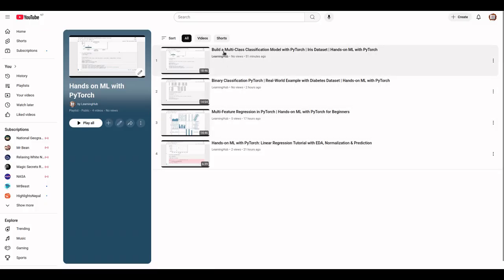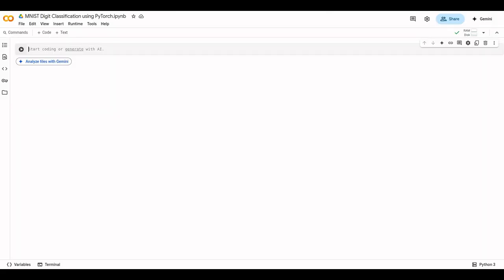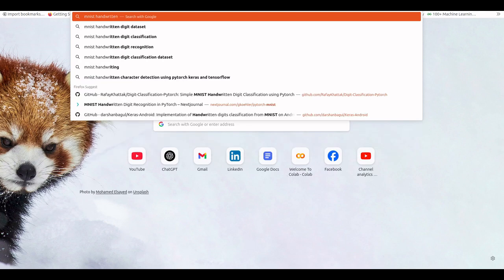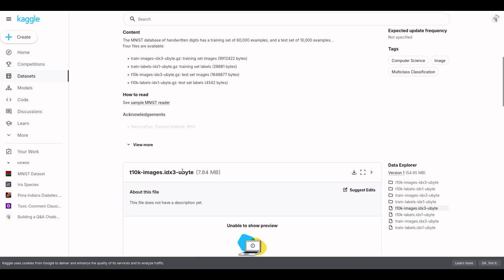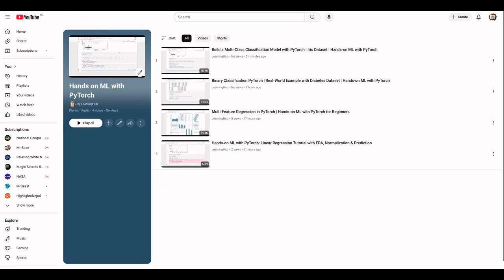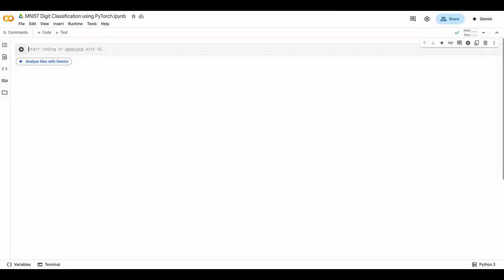In this tutorial, we're stepping up into the exciting domain of computer vision by working on the famous MNIST handwritten digit classification problem. We'll be building a convolutional neural network from scratch using PyTorch, a model architecture that's incredibly effective for image data. Along the way, we'll explore the dataset visually, pre-process the images, define the CNN architecture, train the model, evaluate its accuracy, and finally test it on new handwritten digits. So if you're ready to take your deep learning skills to the next level, let's dive into building our first